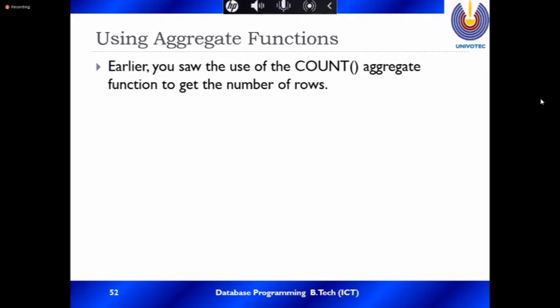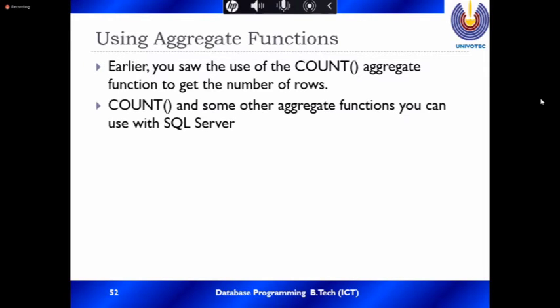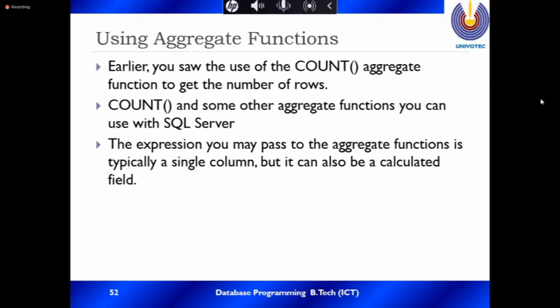Aggregate functions. Earlier you saw that we used the count aggregate function to get the number of rows. Count and some other aggregate functions you can use in SQL Server.